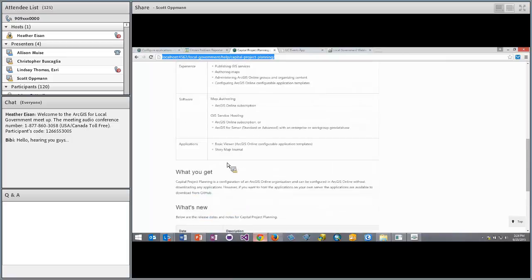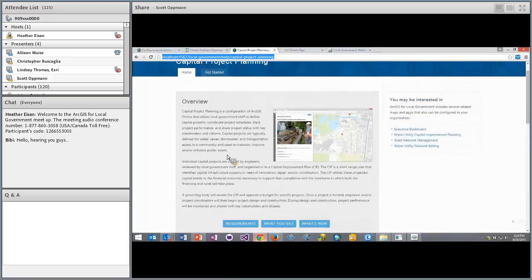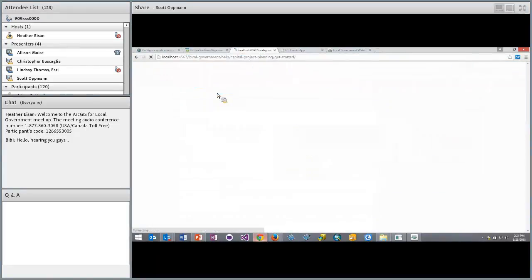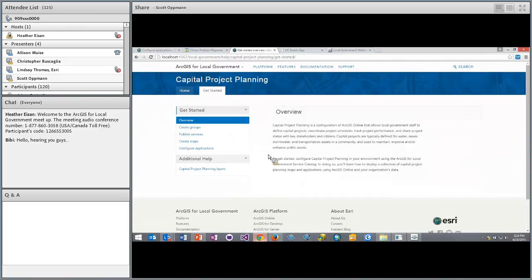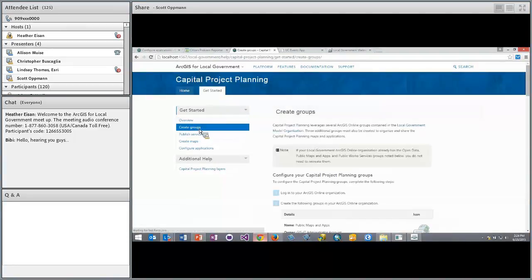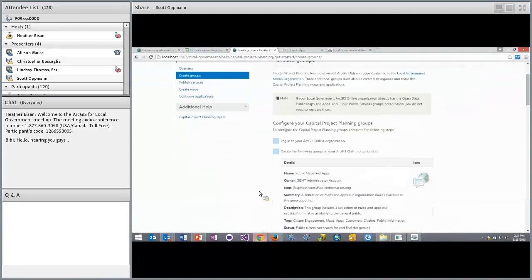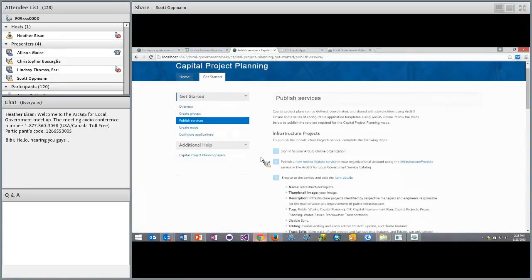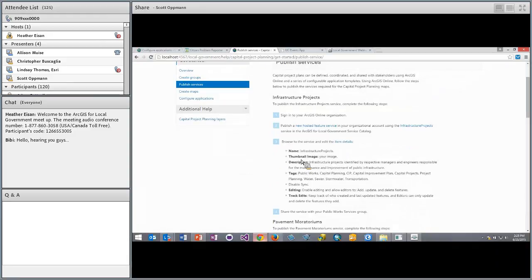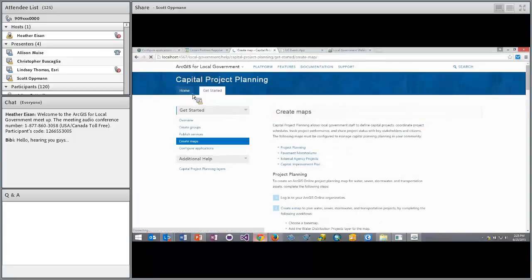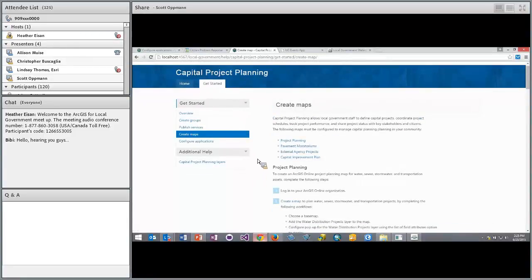We've actually developed a service definition for all of the layers you need, and the solution site will walk you through how to create the groups that you need to coordinate capital project planning, and the services that you can author to do that. Just like the Citizen Problem Reporter, we're providing a whole series of service definitions that help you do that. And then ultimately we'll walk you through how to create maps that you can provide to engineers